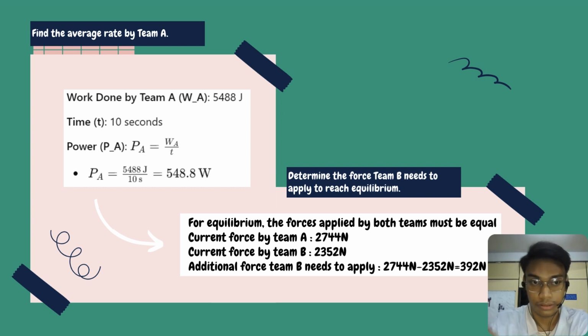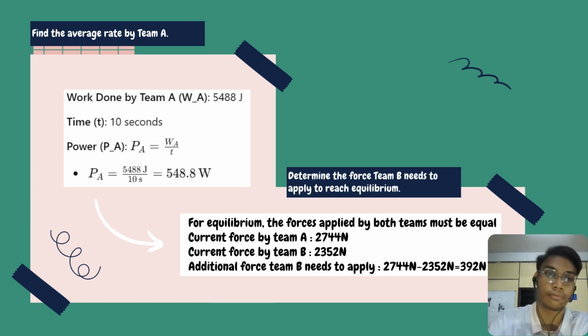The average rate here means we need to find the power. The formula for the power is W, which is work, divided by t, which is time. The work done by team A is 5488 Joule, and the time is already given in the statement, which is 10 seconds. Just substitute the value into the formula for the power, and get the answer for the average rate by team A is